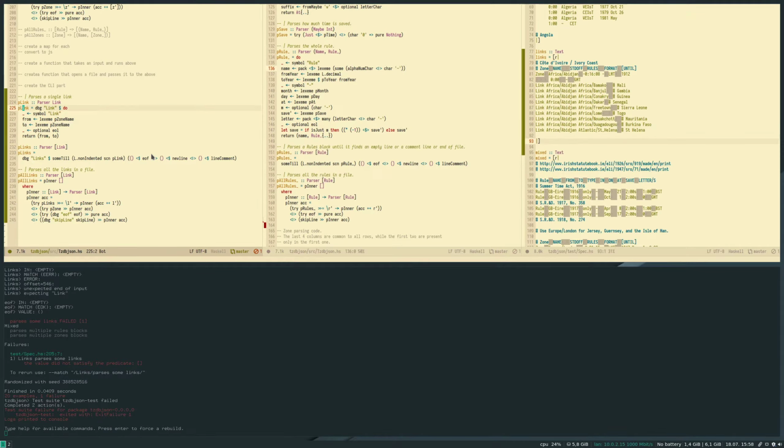So this one is pretty similar. Parse the symbol, then parse two lexemes. This is probably not needed because the lexeme should already get the end of line, while here I'm not ending with a lexeme. So let's comment this.